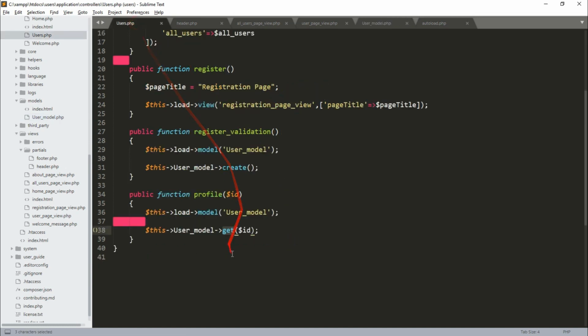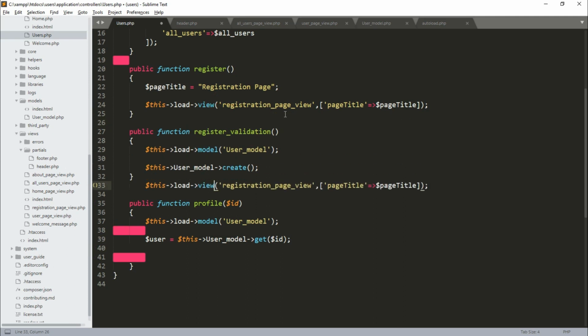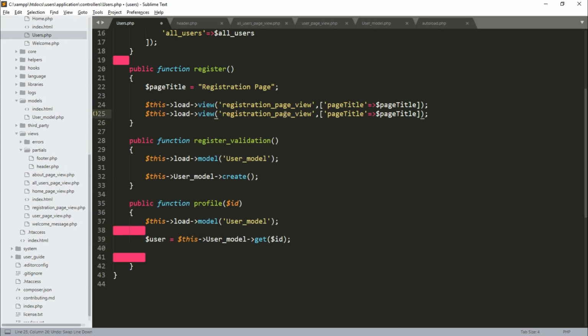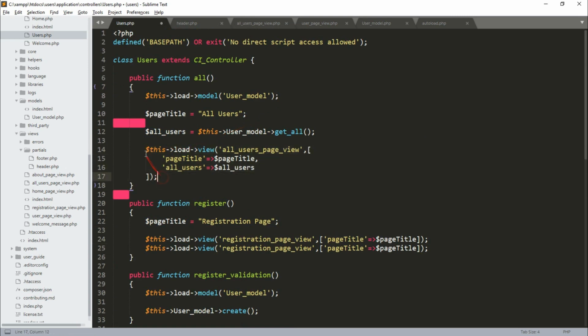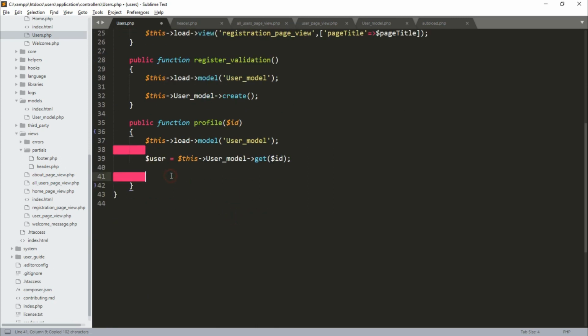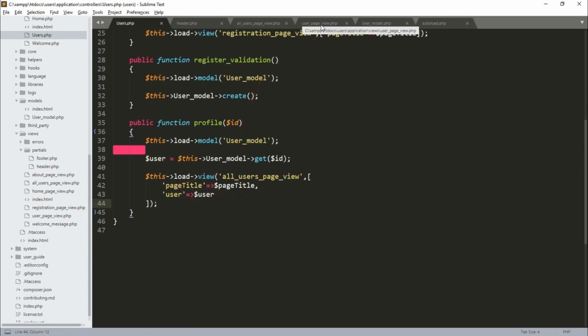Then let us go back to the user's controller and let us add another variable as user. Whatever the result from this method will be inserted into the user variable. And then let us copy this view. I think this is much better. Let's copy this view and insert here, and let us change this to user, since this is what we are going to use. And our view should be user